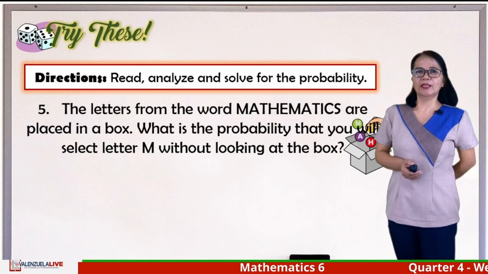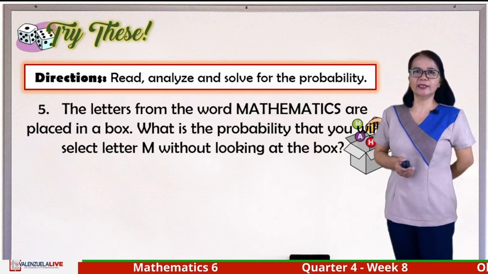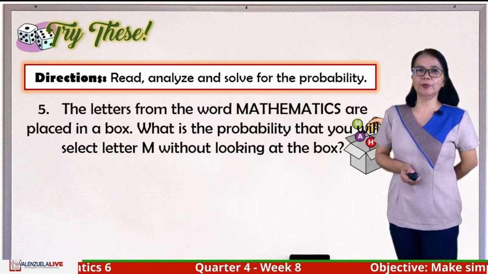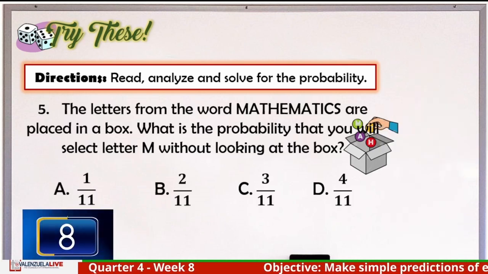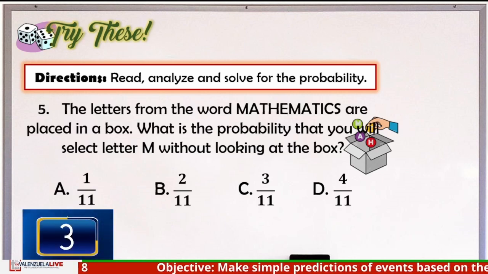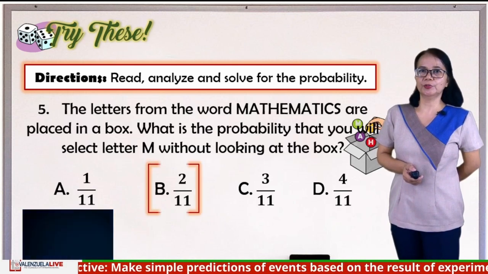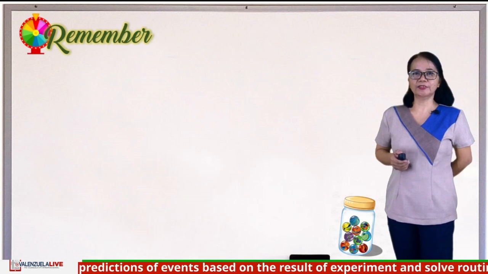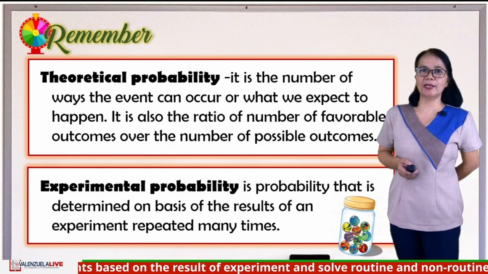Number 5, the letters from the word mathematics are placed in a box. What is the probability that you will select letter M without looking at the box? It's letter B, 2/11. To sum up our lesson for today, we should remember that when dealing with probability, we